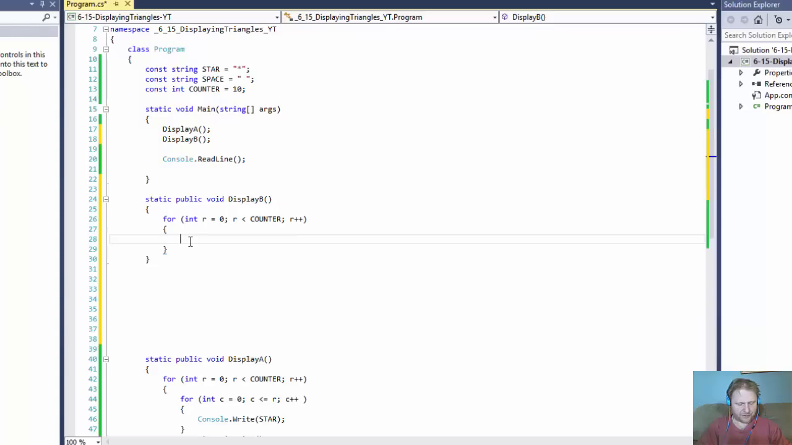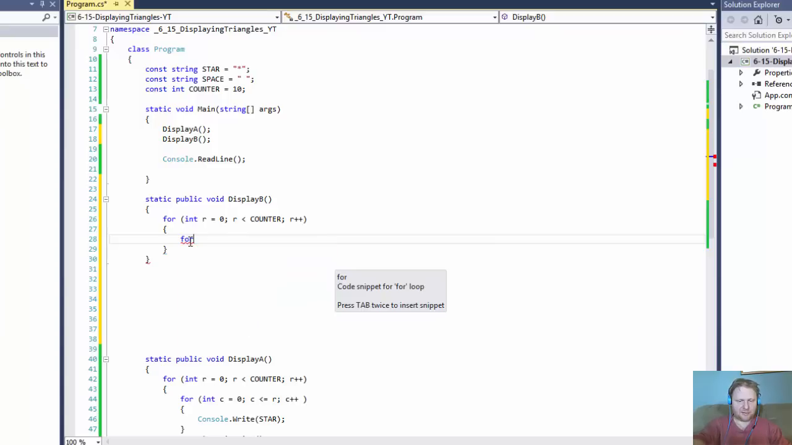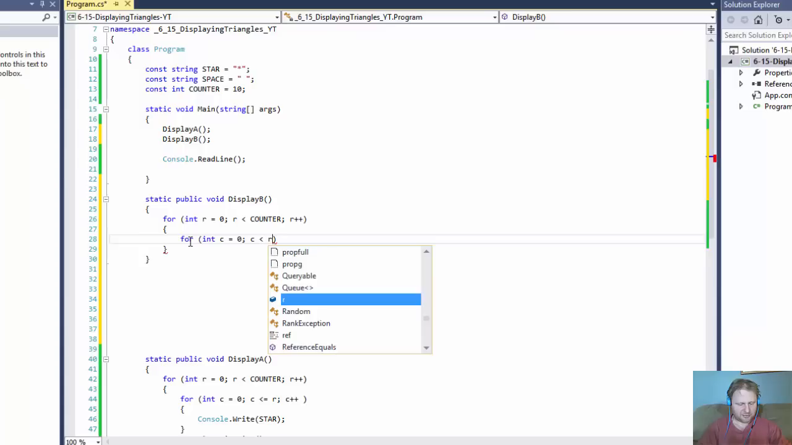So let's do the... In other words, we'll have 2 loops actually. One that will display the spaces, and one that will display the stars. So let's do the spaces first. So for integer c equals 0, c is less than our r, just like before, and we will increase c by 1